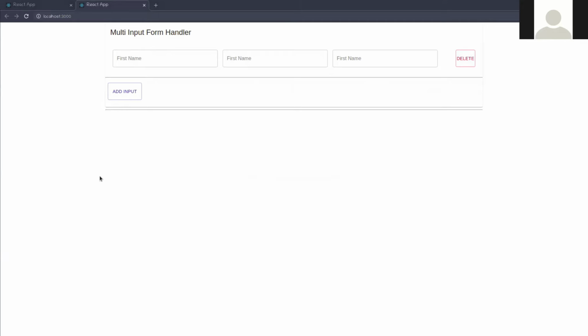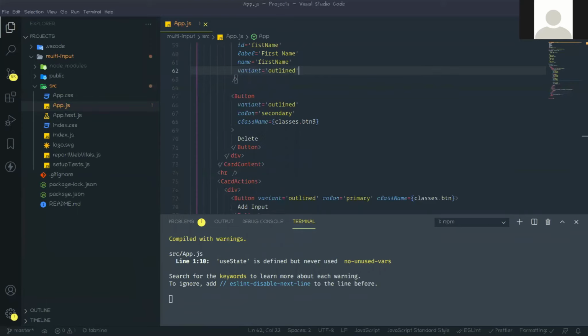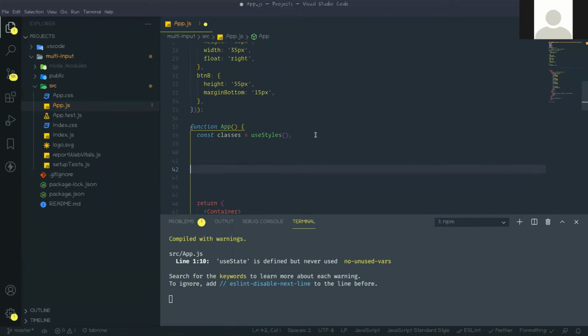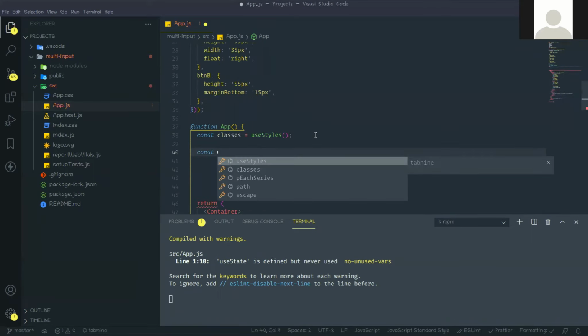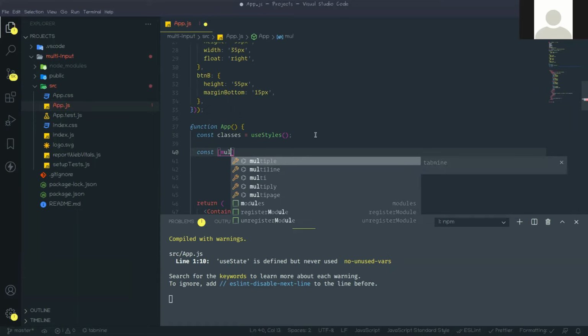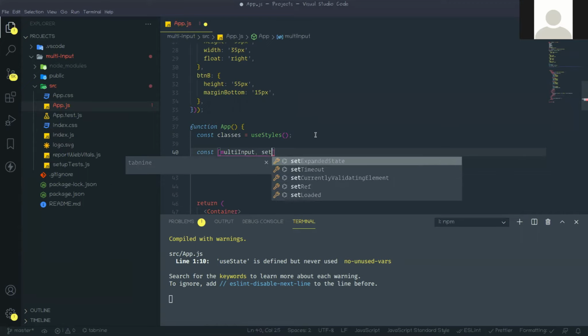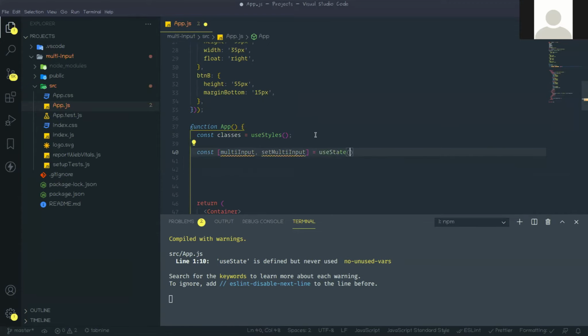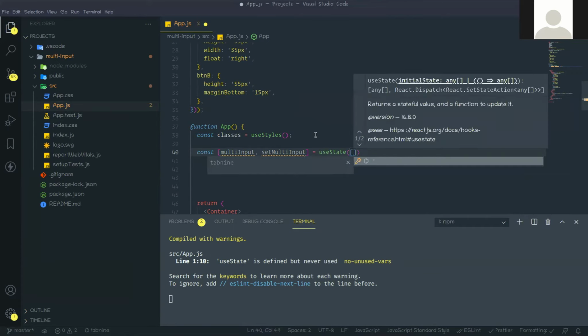Now we will move forward to the functional part. First we need to create the state for all the inputs. So go up, and here we are creating one state that is multiInput, setMultiInput equal to useState, and here we are taking one array because this multi input functionality will be stored in an array.